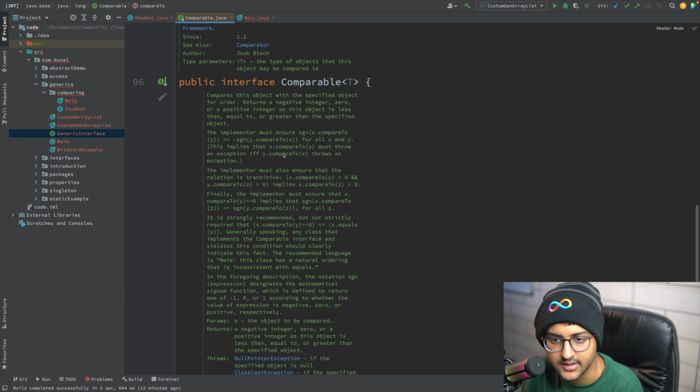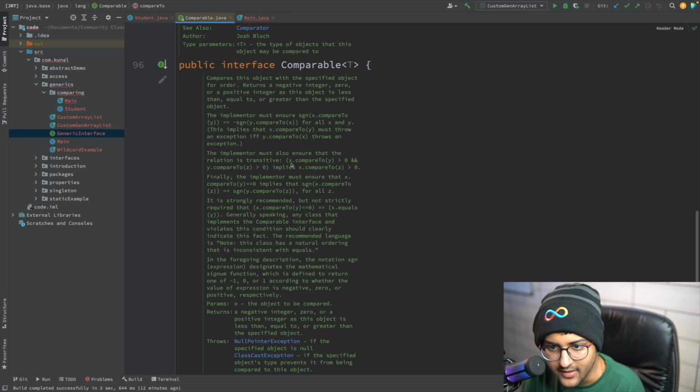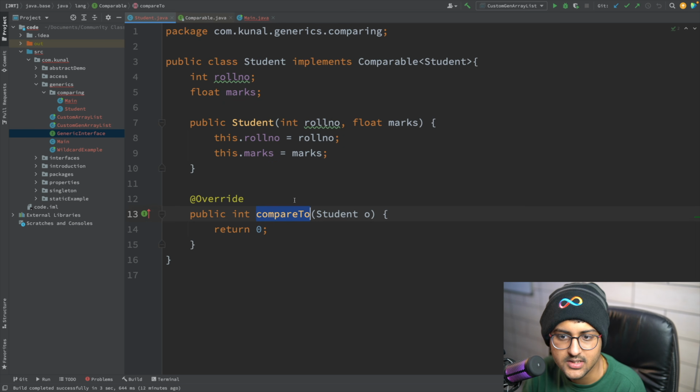It's always given in the description. It says it's giving a value, negative, positive and 0. So here it's saying that if x.compareTo(y) is greater than 0, I actually remember this.